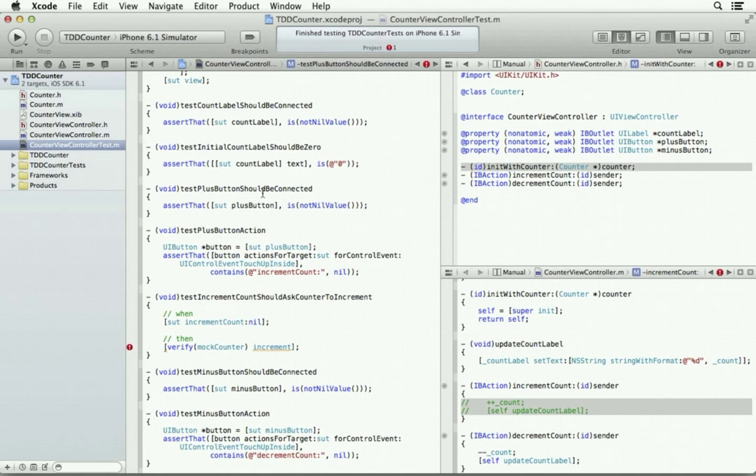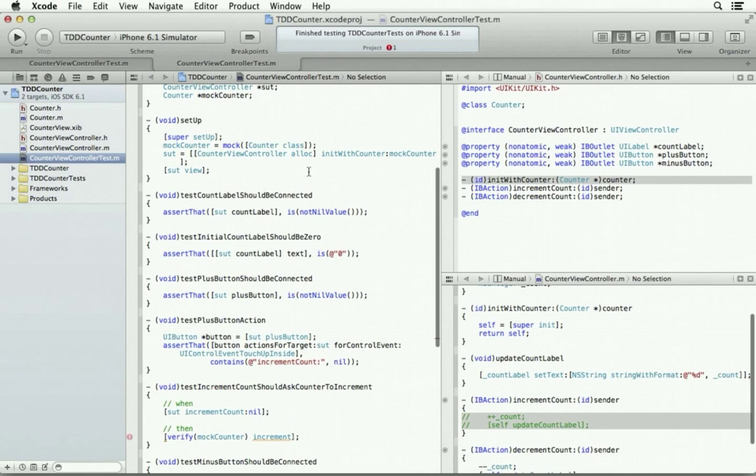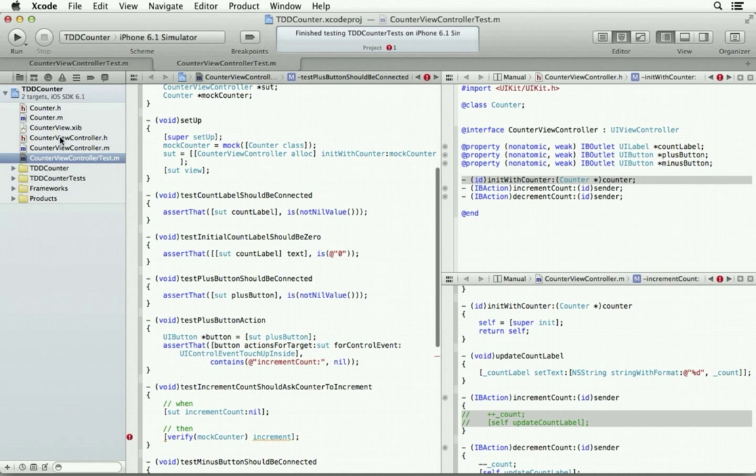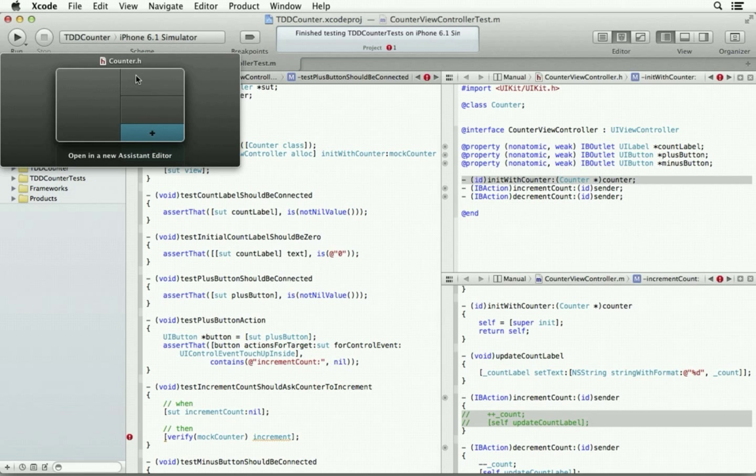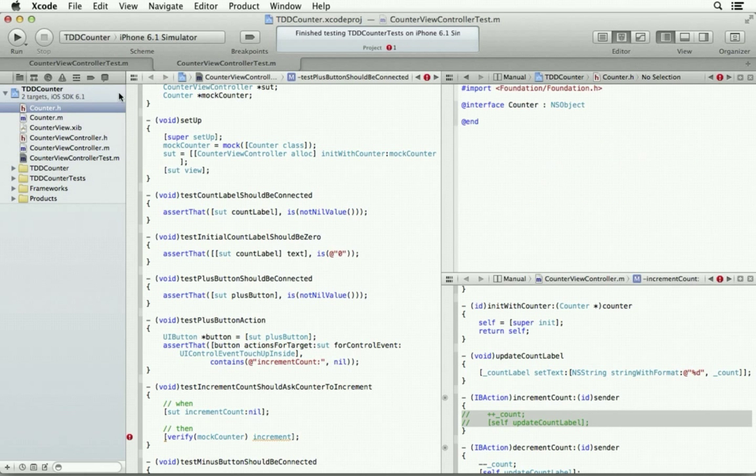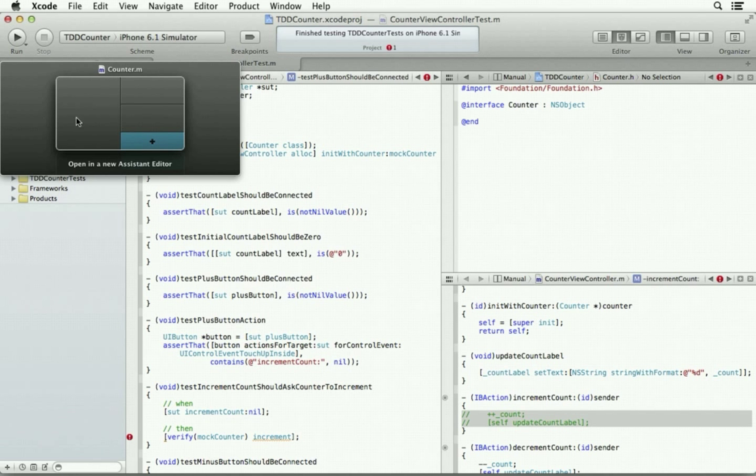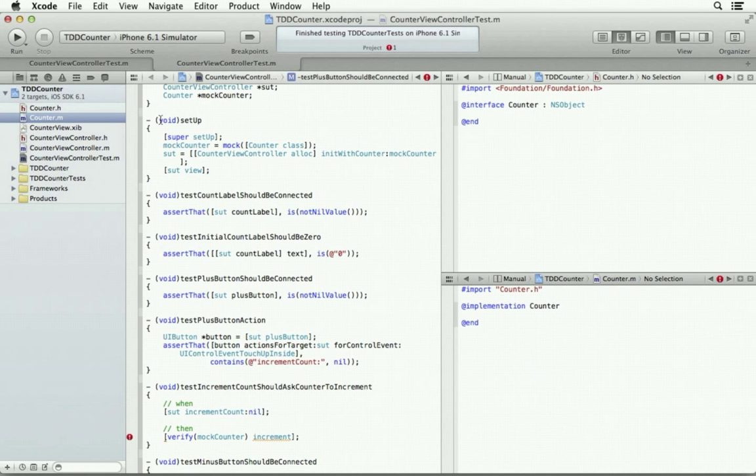Well, let me open a new tab. Command T, and let's bring up the counter, the header up here. I'm doing Option click and double click on that.